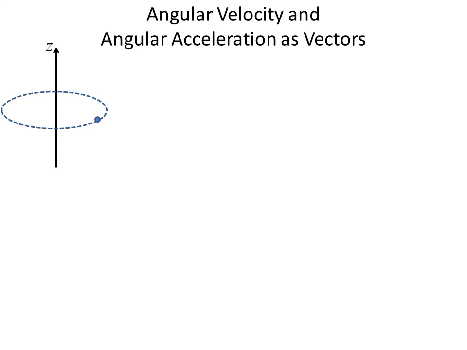In this lecture, we look at angular velocity and angular acceleration as vectors. Here we have a particle that's traveling on the dotted path, and the angular velocity, the magnitude of it, is equal to the time derivative of the angle. Here the dot is going in a clockwise direction around the z-axis,